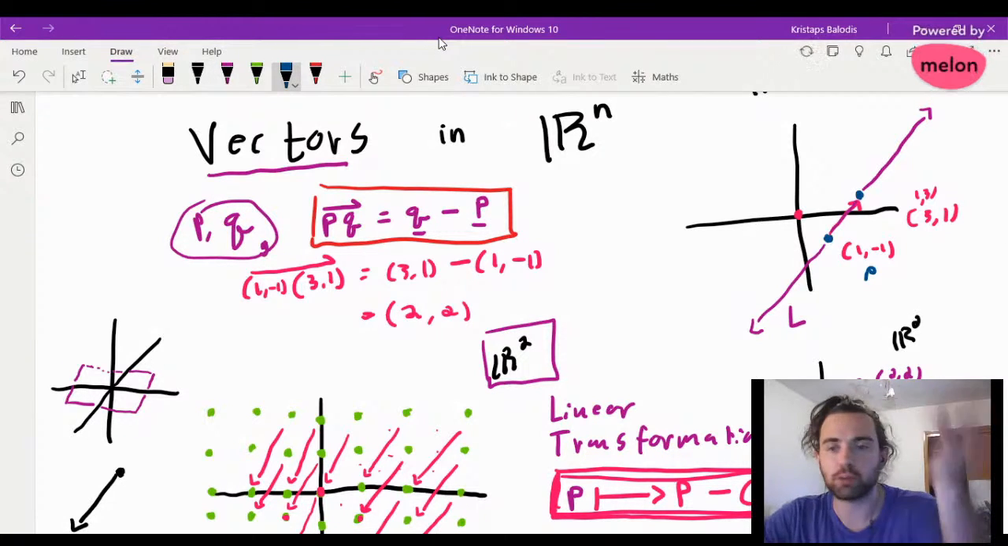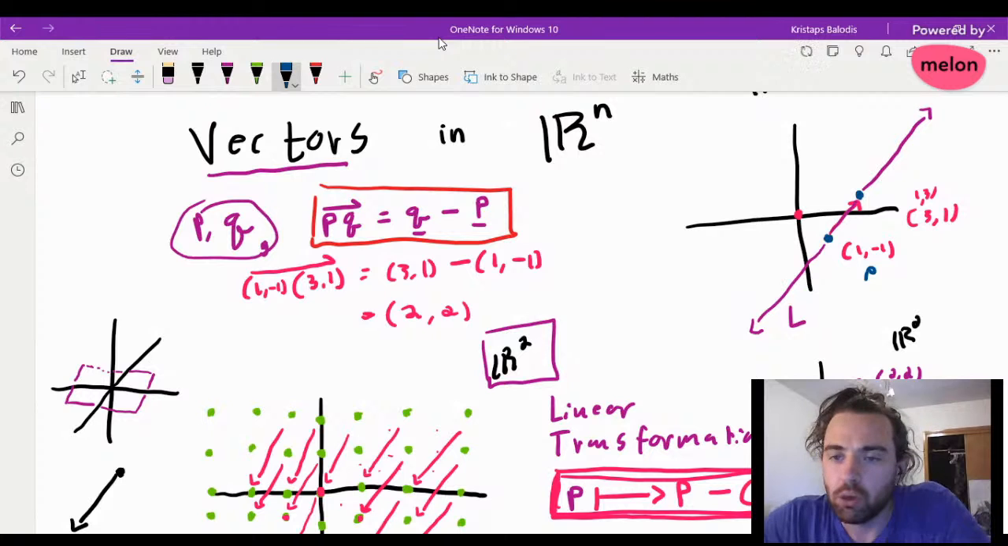So how should we express this as an equation? Well,